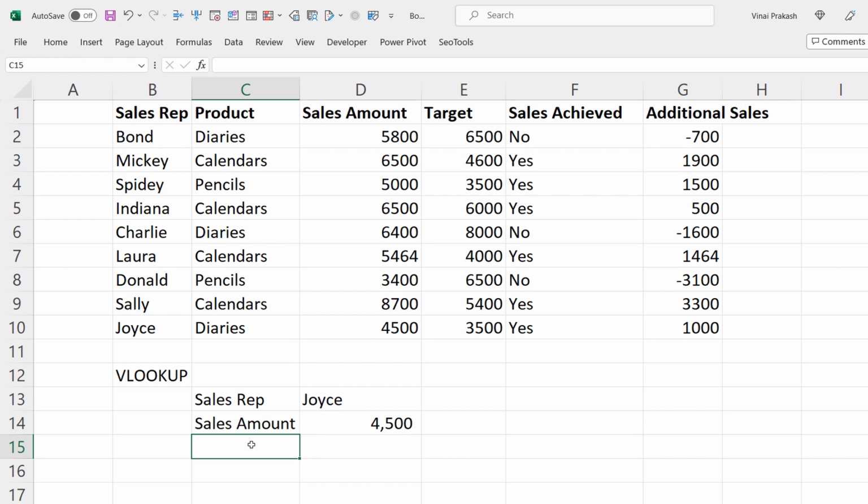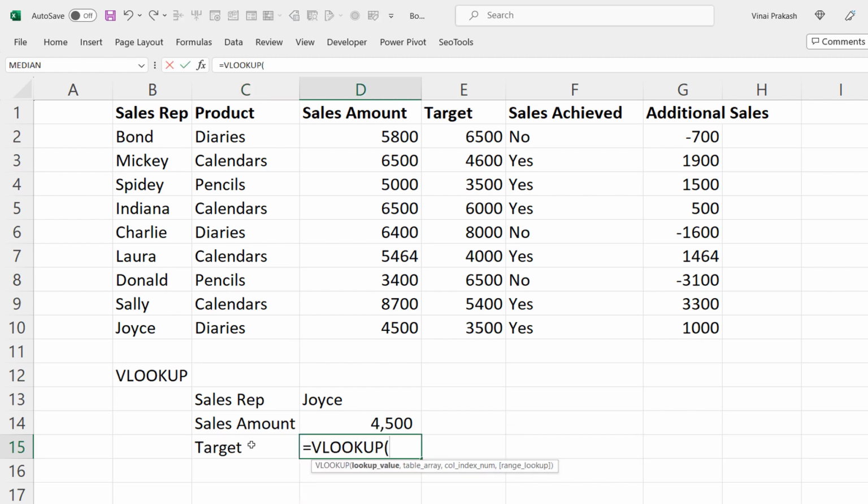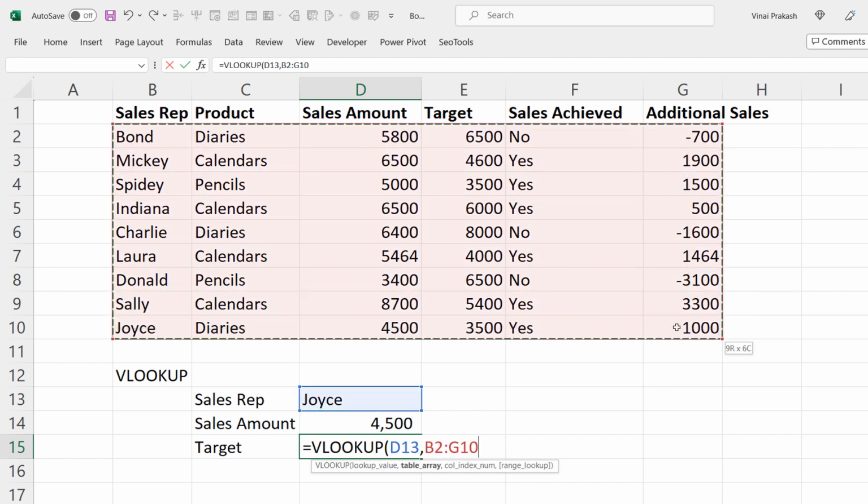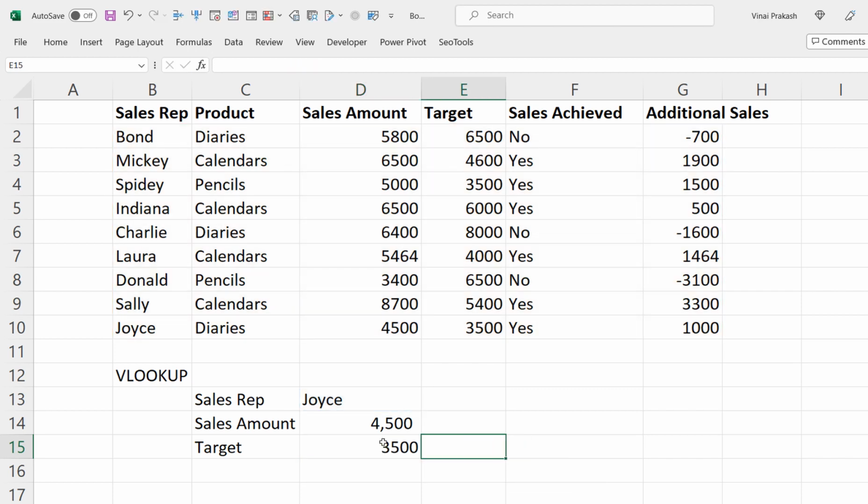Similarly, if we would like to find the target, Vlookup of Joyce in the same red area, the whole data is selected, and this time for the target we are looking for 1, 2, 3, the fourth column, and we are looking for an exact match, so we simply choose here false. The answer is 3,500, and this is correct. So for Joyce the target was 3,500. We can also check whether the sales was achieved,